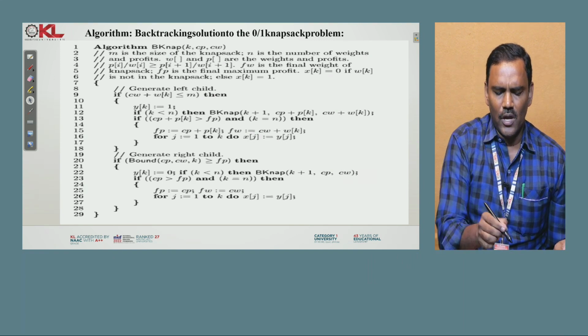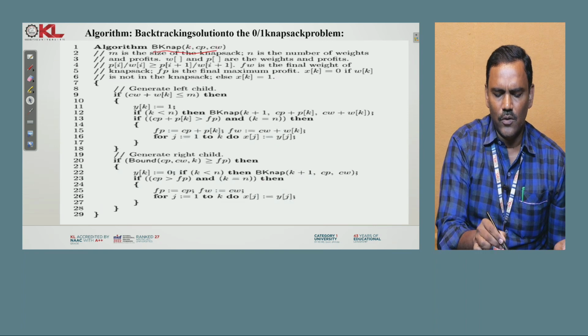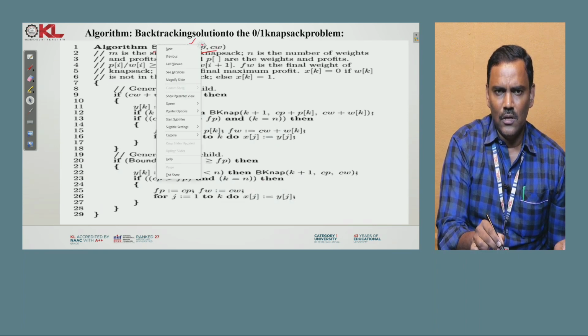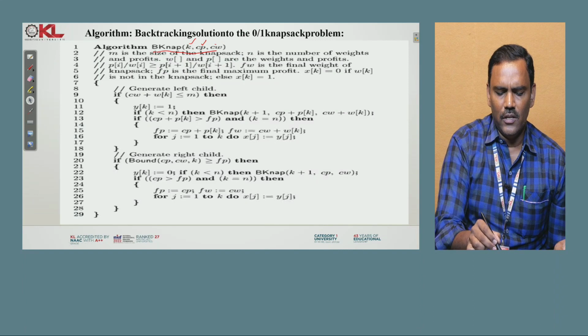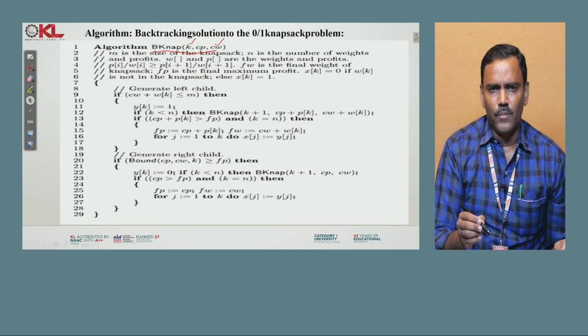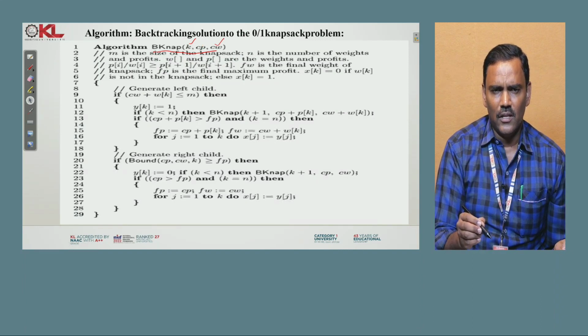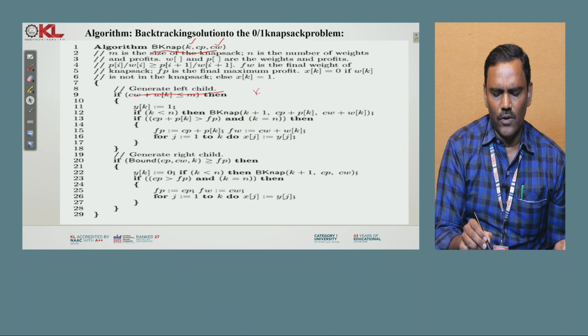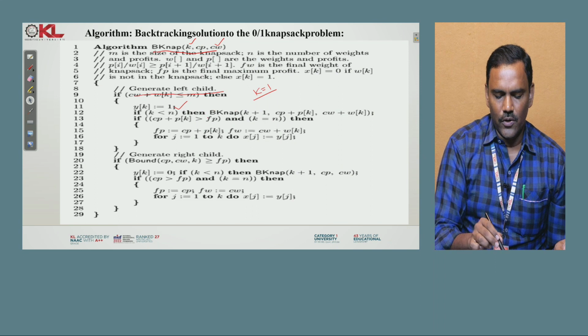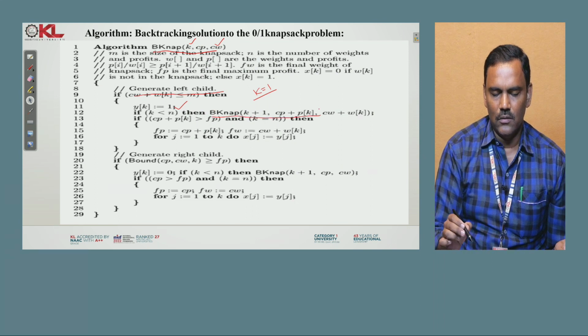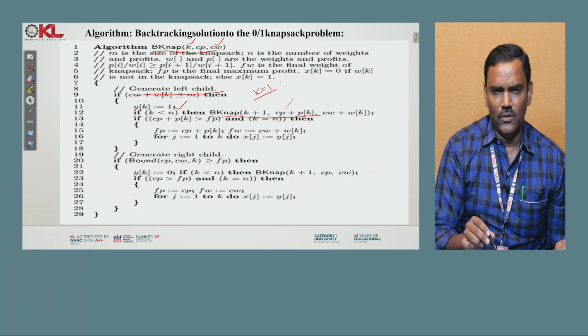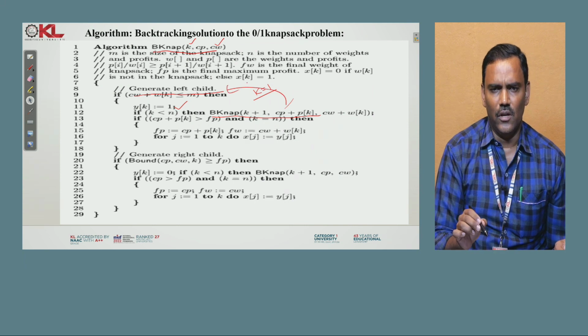The algorithm is going to be having the binary knapsack. Here we are considering the k value and current profit, and the next one is the current weight. Based upon that, we are going to be processing, and then we will be generating the left child, where we are considering the k value equal to 1. That is what is mentioned here. And then we will go for calculating the recursive process, again calling the next left child if it is satisfied, or if it is not, then we will